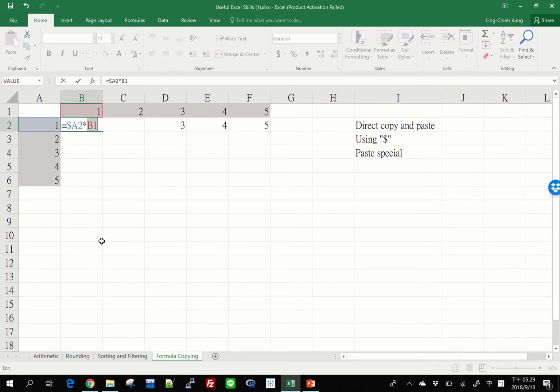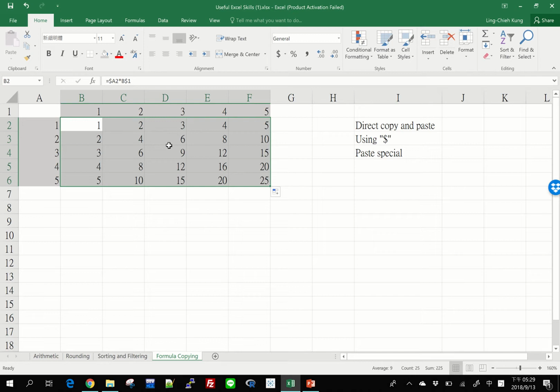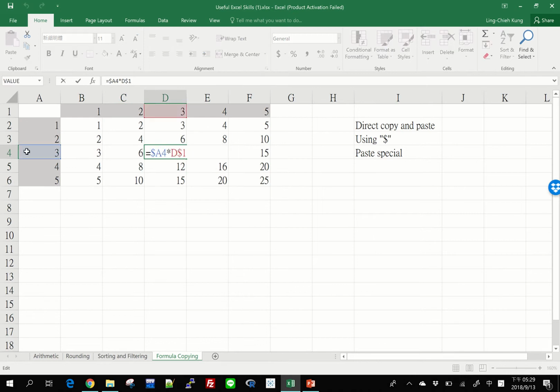And B is similar, but for B, for the column thing, what we should do is to fix this particular number, 1. When we copy this formula to other cells, if we copy to other columns, the B will change to other columns. But when we copy to other rows, 1 will still be 1. Okay? So now we are almost done. When we scroll to the right, we can see B becomes D, becomes E, becomes F. But when we scroll down like this, okay, then we can see for this one is indeed A4 times D1,